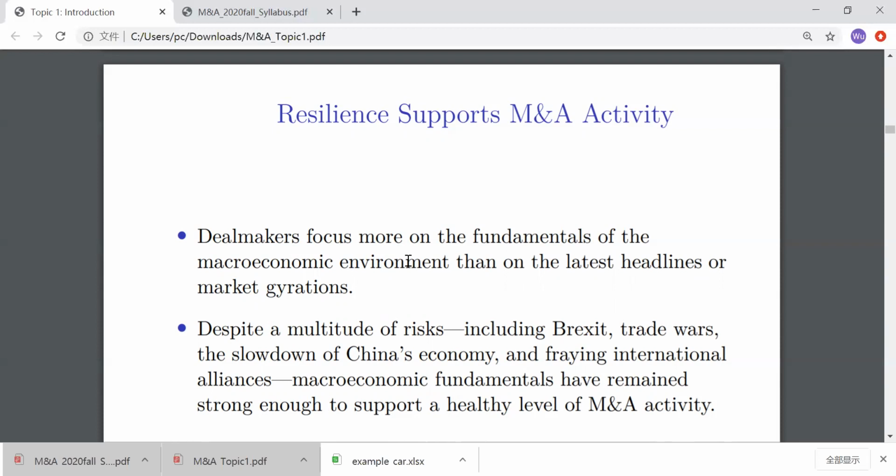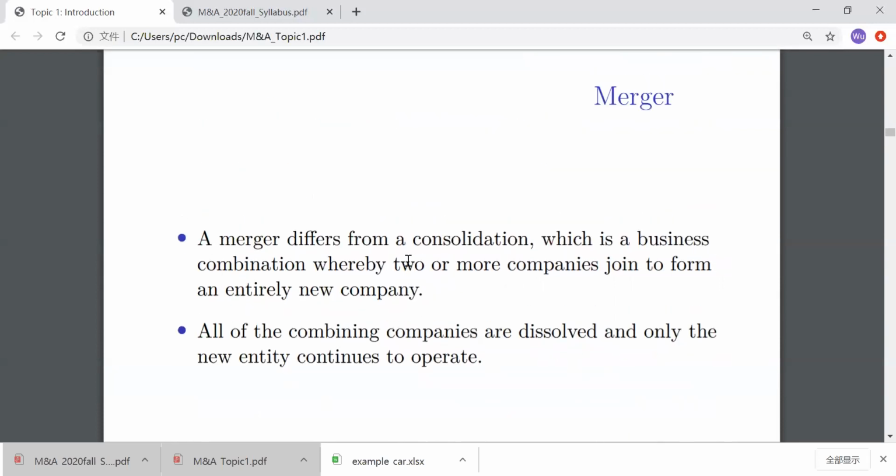Because deal makers now focus more on the fundamentals of the macroeconomic environment rather than just the latest headlines. That's the idea. Okay, now we're gonna take a break and we're gonna move on to talk about the terminology